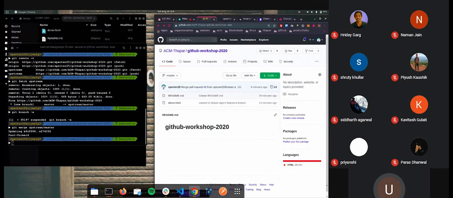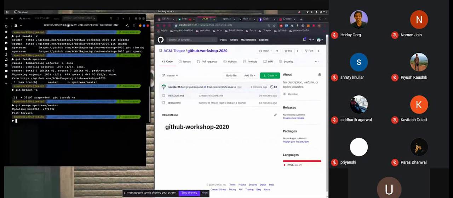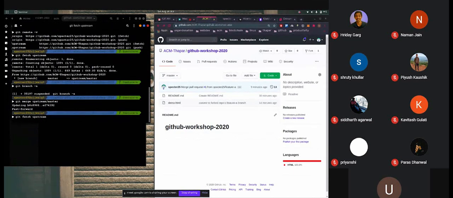So let me reiterate the entire process again. Now just assume yesterday I coded, I merged those changes, I fetched those changes. Now today I again want to start coding in this repository, but I don't know whether some other person has coded some other thing and has merged the code with the master branch of this repository or not. Okay. So what I do every time I start coding is I fetch all the changes that have been done.